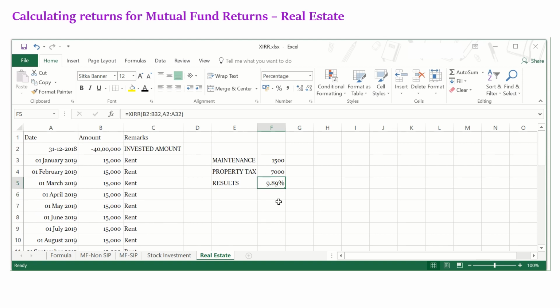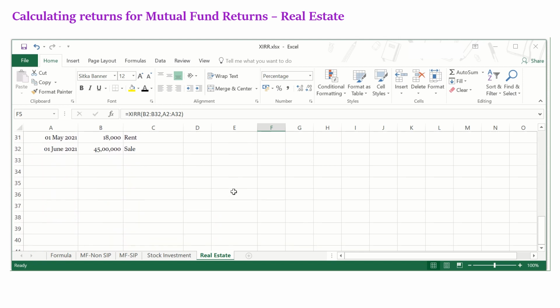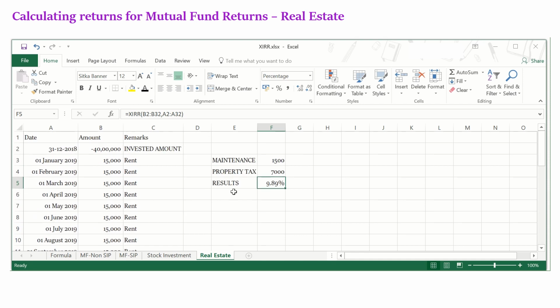So he has around 10% returns. So it's not a great return, I agree, but this is just for illustration purposes.